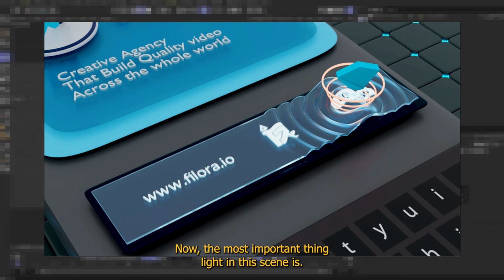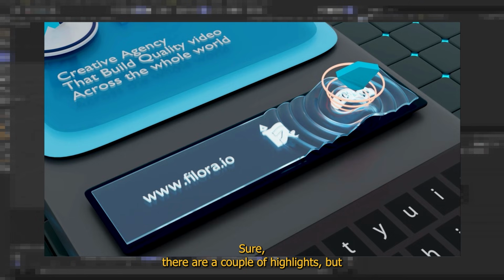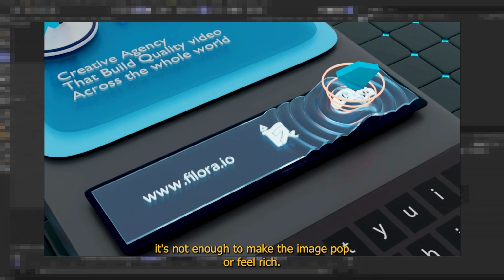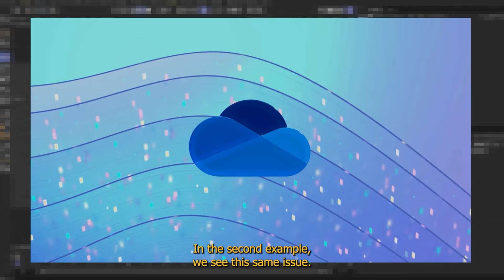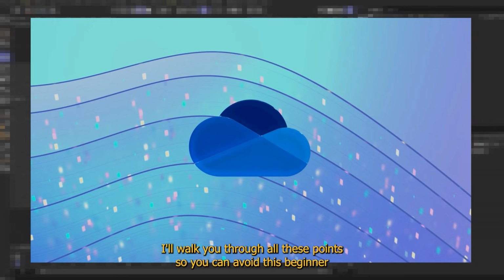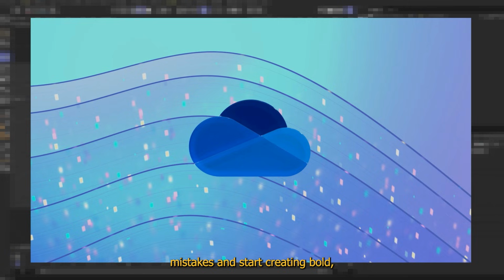Now, the most important thing, lighting. In this scene, it looks like there is just one HDRI and that's it. Sure, there are a couple of highlights, but it's not enough to make the image pop or feel rich. In the second example, we see the same issue. Lighting is very basic, just one or two sources, and there are no accent areas or depth. In this tutorial, I'll walk you through all these points so you can avoid these beginner mistakes and start creating